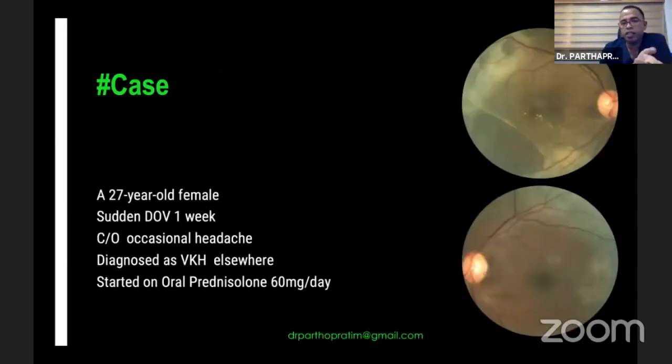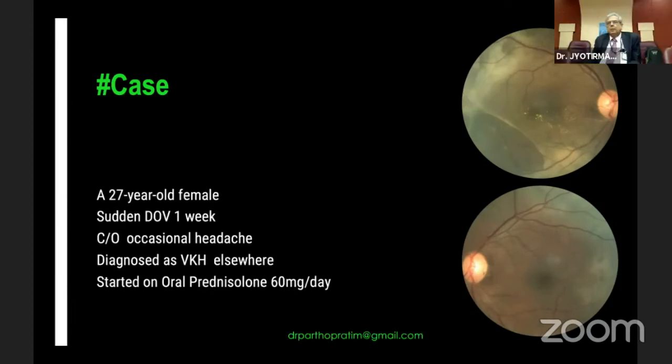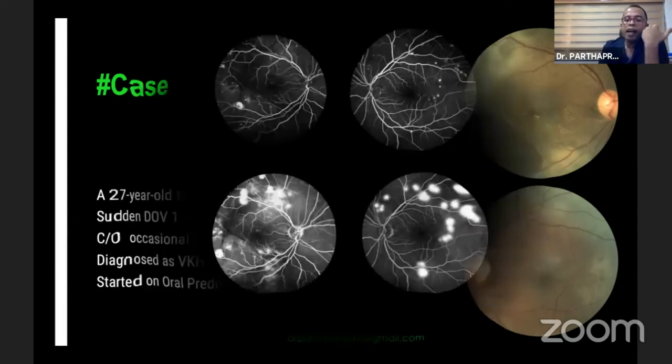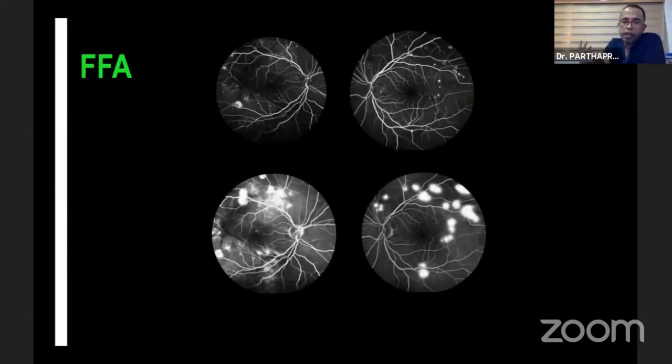This is a 27-year-old female who complained of diminution of vision, and incidentally, as you see in your clinical practice, any patient can complain of headache. So this patient also complained of some non-specific headache. The patient was diagnosed as VKH and started on oral prednisolone 60 mg per day. And when the patient reached our chamber and we did the fundus fluorescein angiography,